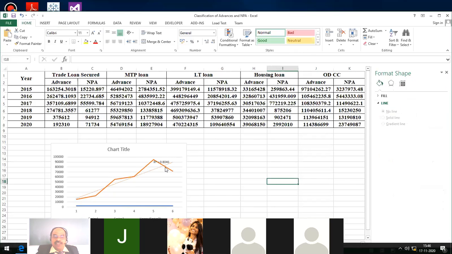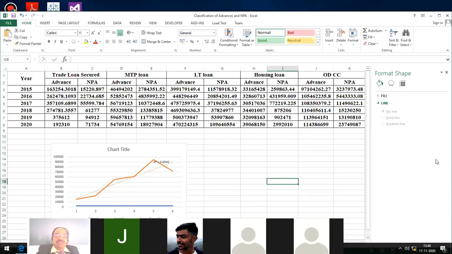Oh, nice. The R square value is coming 0.80. So can we rely on the data? Yes, sir, because it is greater than 0.7. We can rely on the information because the R square value is more than 0.7. So it shows that some trend is there.